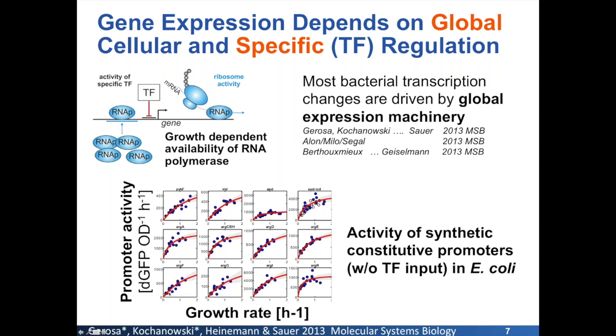And you can see if they were constitutive, you would normally expect a straight line. There's no change in activity over growth rate, but you can see all of them show hyperbolic curves and change the expression level by, for some of them, an order of magnitude, but at least several fold, even without transcription factors. So